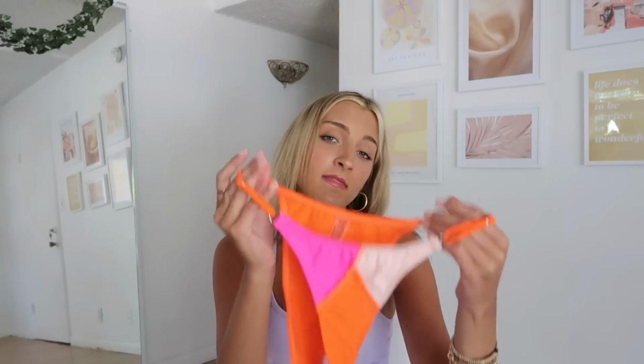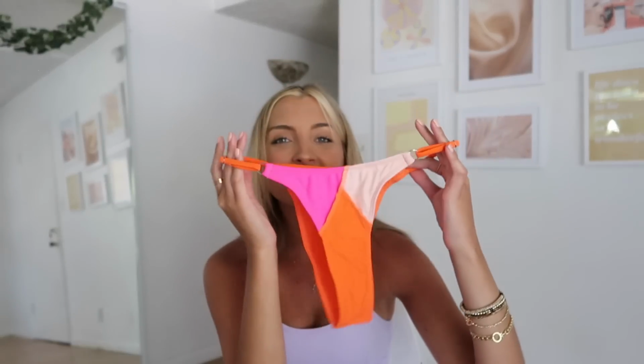So okay, and then the last suit I have is definitely the skimpiest of them all. Definitely probably not a family friendlier suit, but one that I'm excited to wear still nonetheless. The bottoms are, as you can see, definitely cheekier in the front, and they're a little bit skimpier in the back as well. They have these thin straps along the sides, but I love this style bottom because